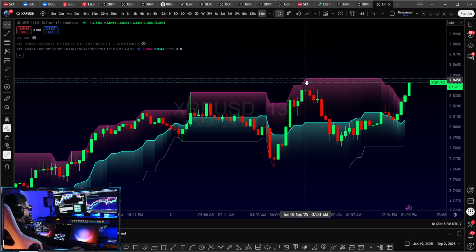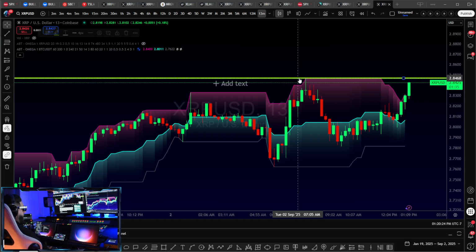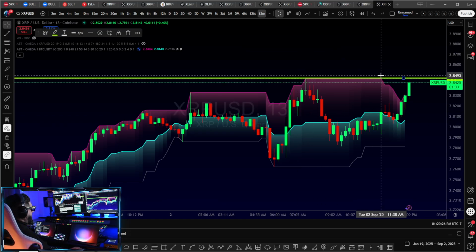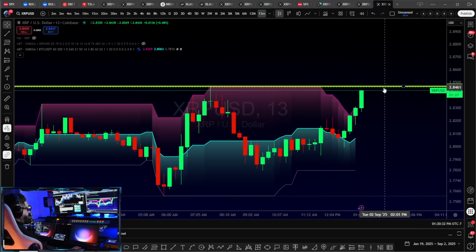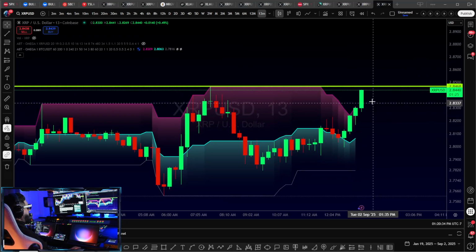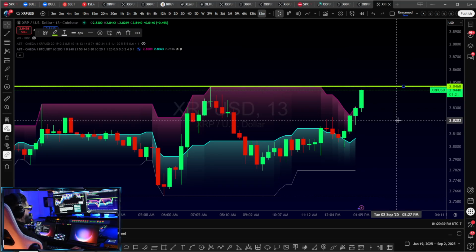You can see the top of the range is right there, so there could be resistance at this level of around 284.68. Should we reach that high liquidity zone from the price action of XRP, there's very likely a potential pullback from that section,